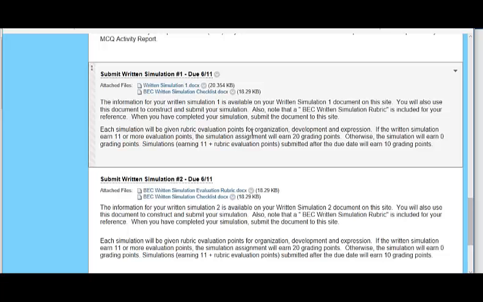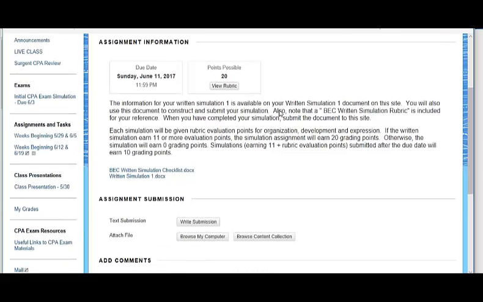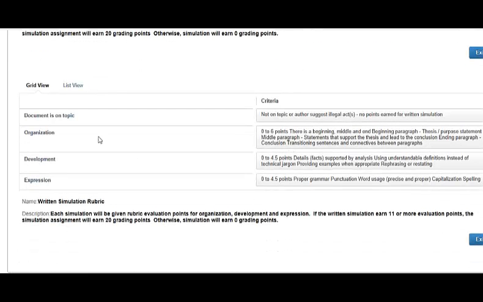So if I want to work on the simulation, I click on the link that says Submit Written Simulation Number 1, due June the 11th. I click on that. It tells me again my due date and the time it's due, the points that are possible, and then I also can view my rubric, how many evaluation points will lead up to those 20 grading points. So I click on View Rubric, and what I can see is I ask a question, is the document